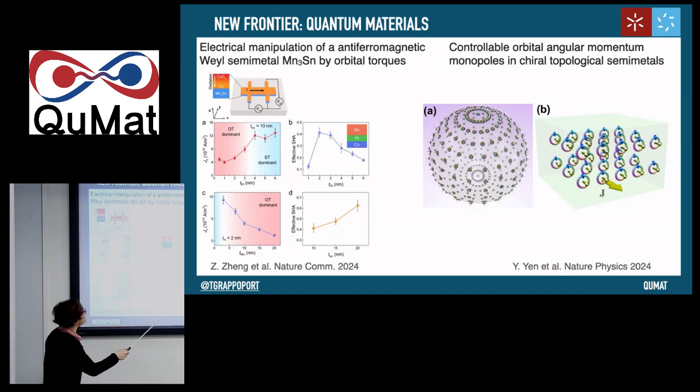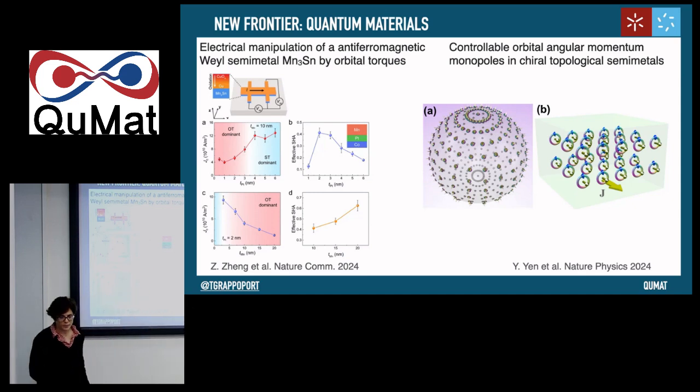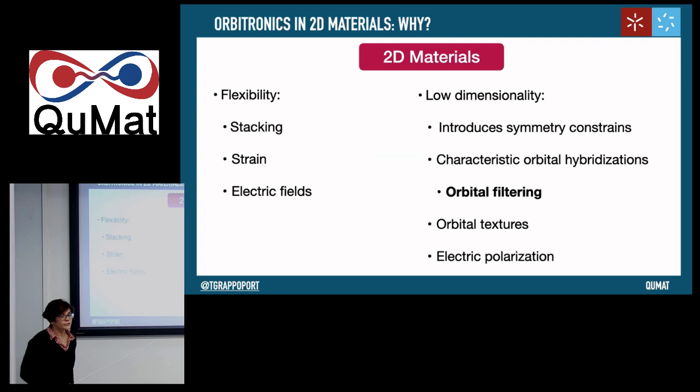And these monopoles are interesting because if you think of a system with these monopoles, you can have the orbital Rashba-Edelstein effect, where the orbital magnetization points parallel to the charge current instead of perpendicular. So these are a few things that are beginning to be seen in quantum materials. And now I will move to